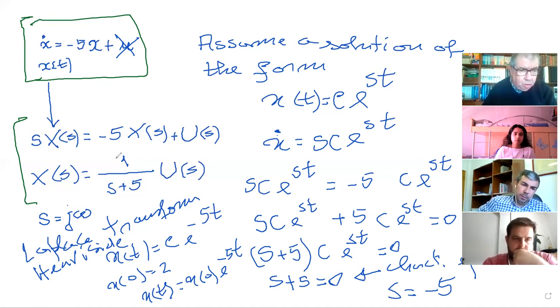And for that, you have tables that relate this to the time domain. So you have a kind of dictionary between S and T. But the justification is that you are assuming that you have solutions that are exponentials,